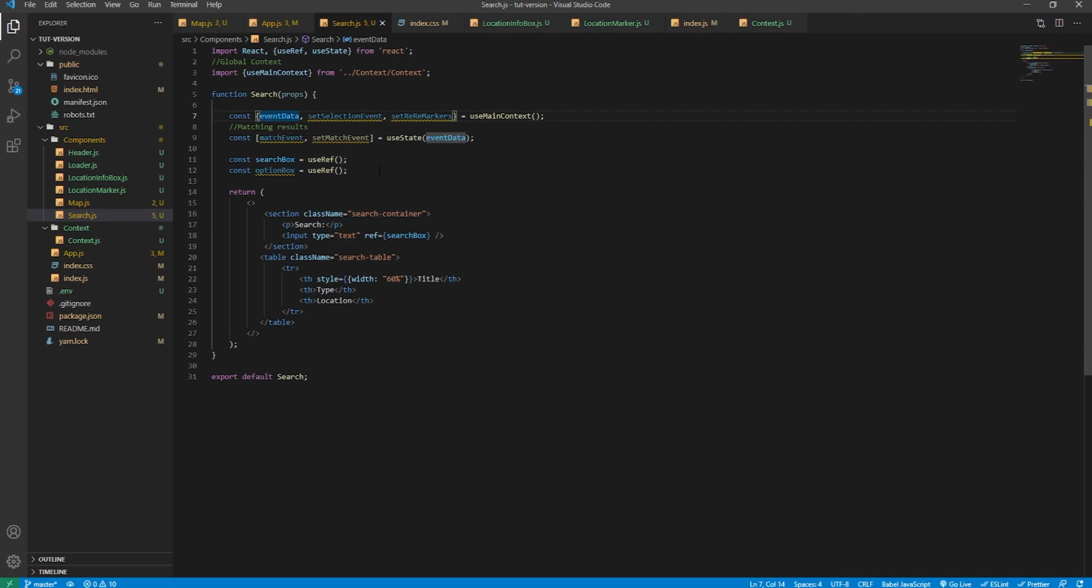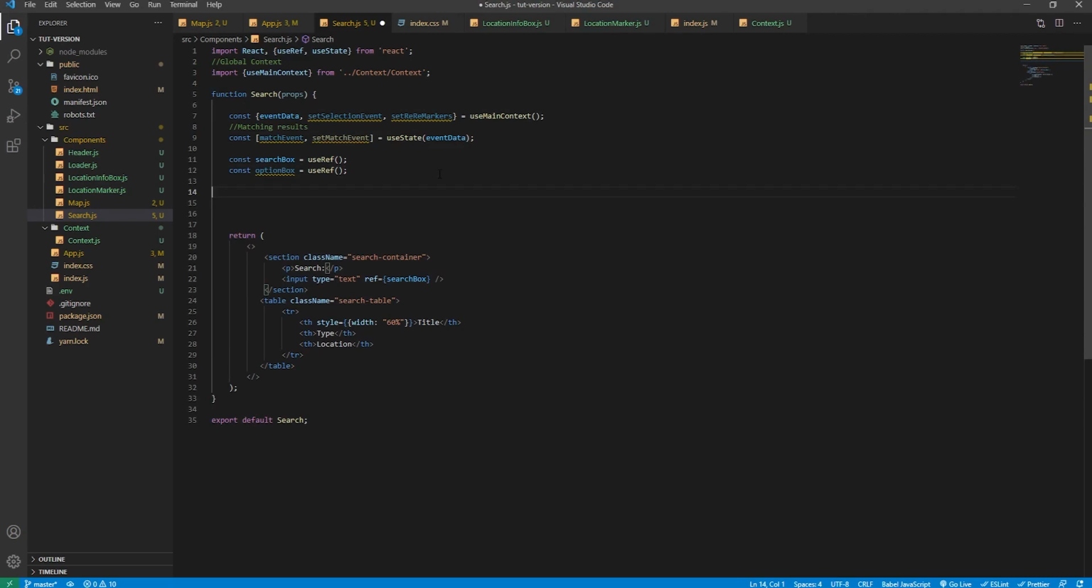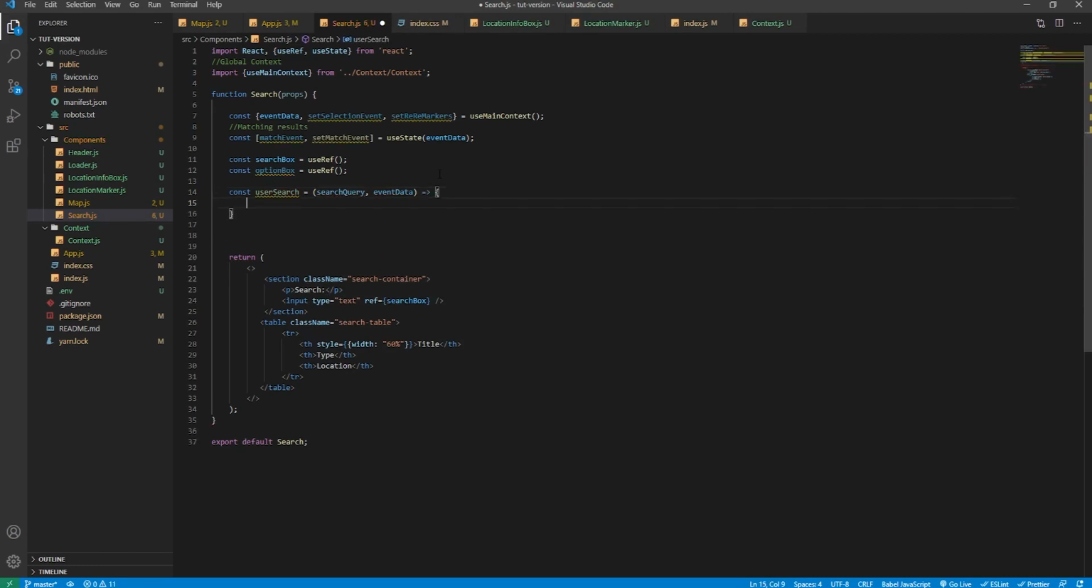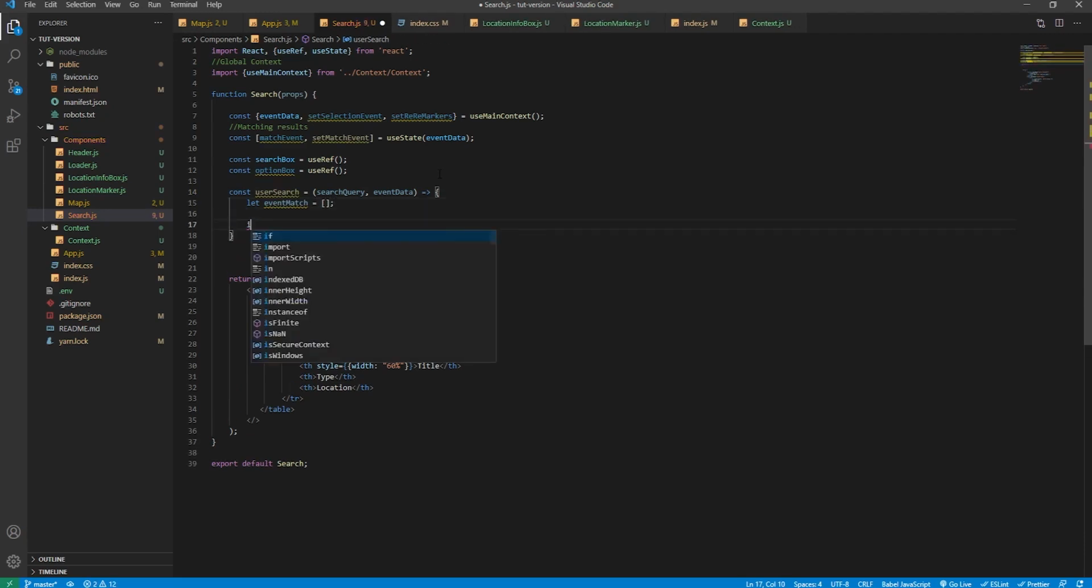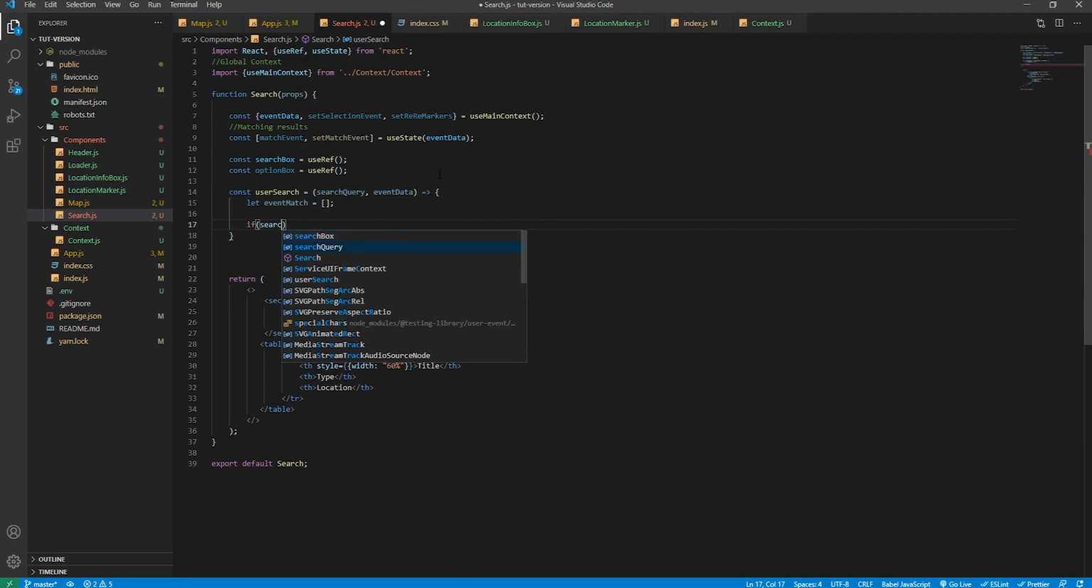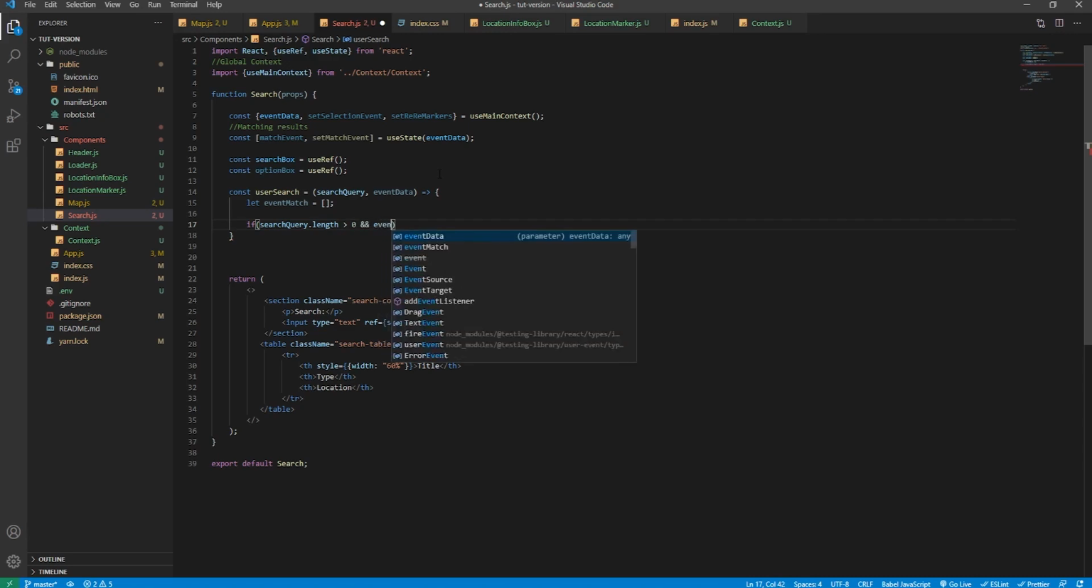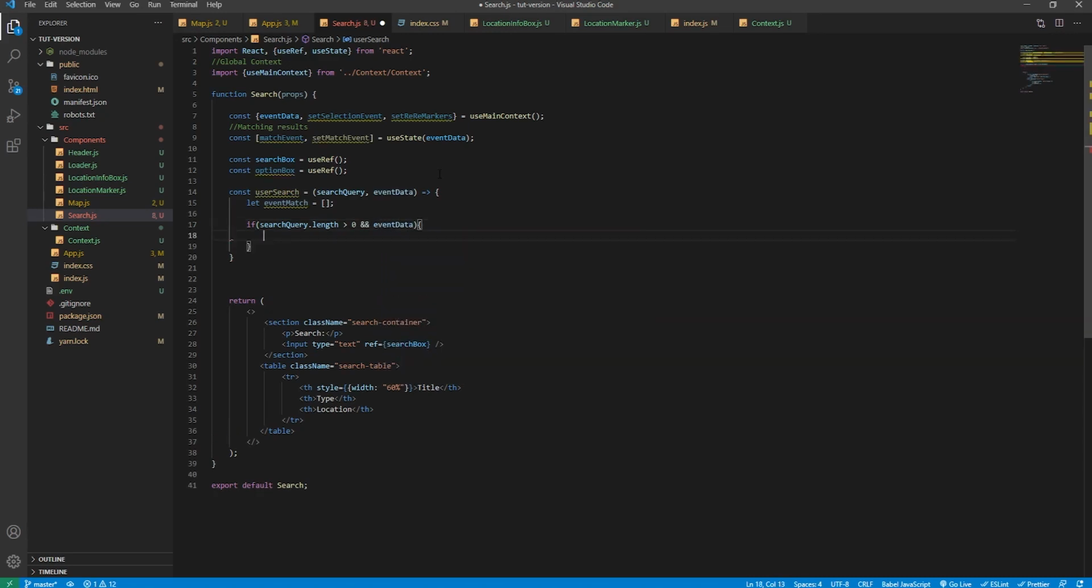And what we'll do now is we will actually create a method. This method will be assigned to the onKeyUp event handler property. This is the event handler itself. On the text input, it takes in 2 arguments, search query and event data. And the first thing that we'll do, we'll say let event match equals just an empty array, and then we'll say if search query dot length is greater than 0 and event data has a value, then we will loop through